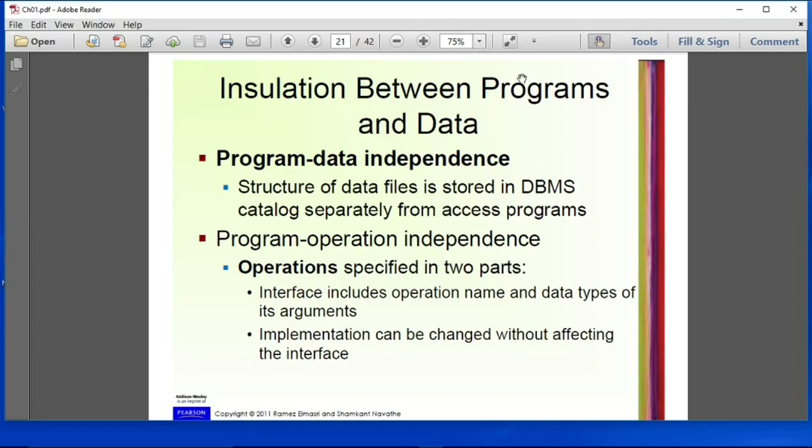The structure of data files is embedded in the application program. That is the most problematic thing. So many changes to the structure of a file may require changing all programs that access the file. So programs and data both are clubbed together earlier in the case of file processing systems, whereas in the case of DBMS,